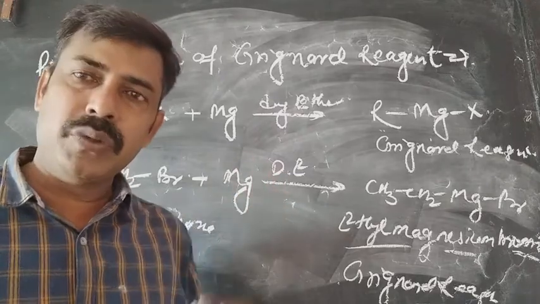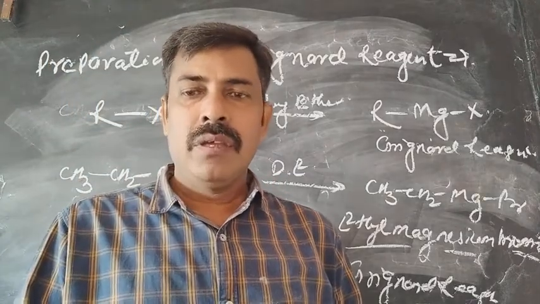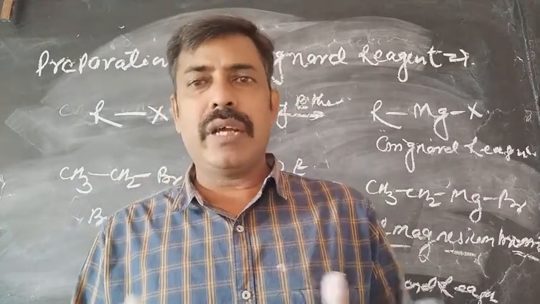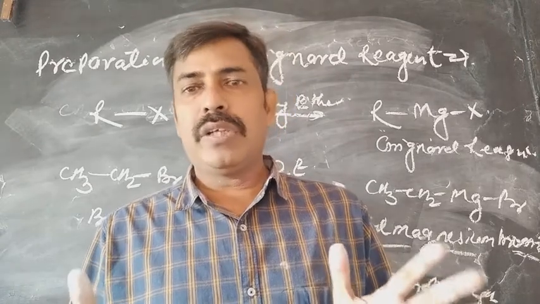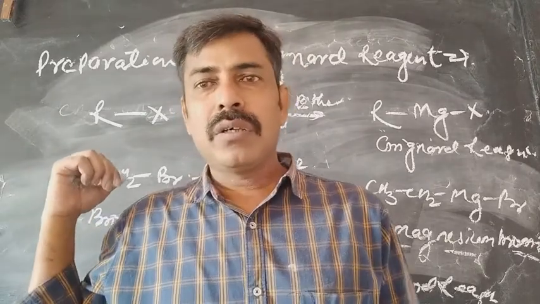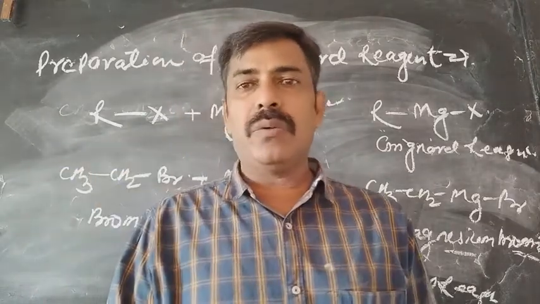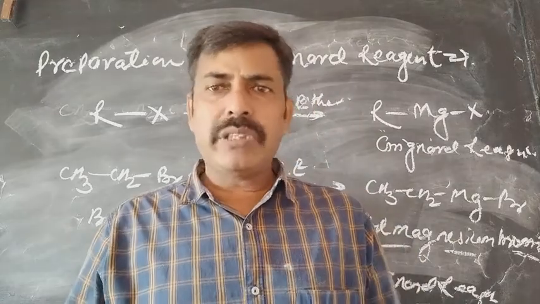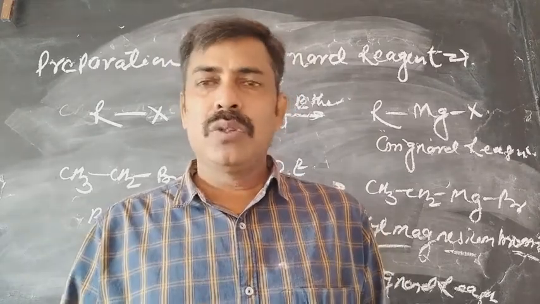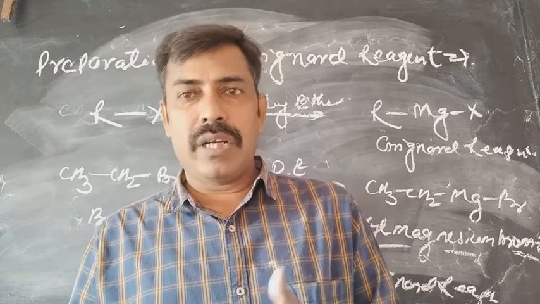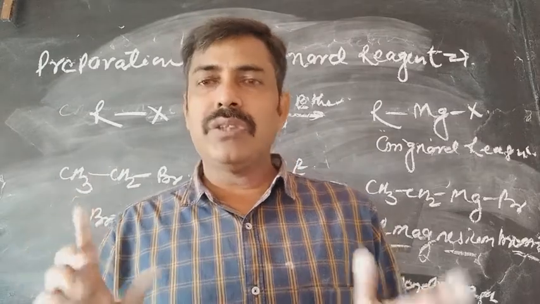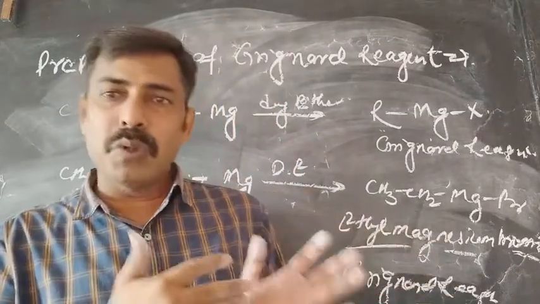Sometimes you ask why the dry ether? What is the use of the dry ether? Dry ether is only used to generate the anhydrous condition, that means to create a completely dry condition. Why? When we talk about the nature of the Grignard reagent, it is vigorously reactive with water, and moisture is available everywhere in our atmosphere. Under general atmosphere, the moisture can react vigorously with the Grignard reagent. To avoid the presence of water, we use the dry ether.